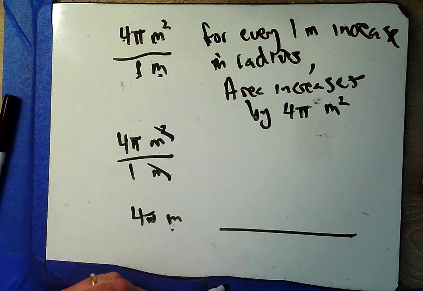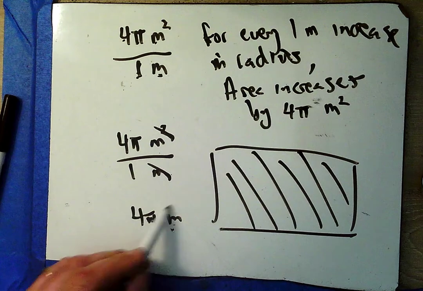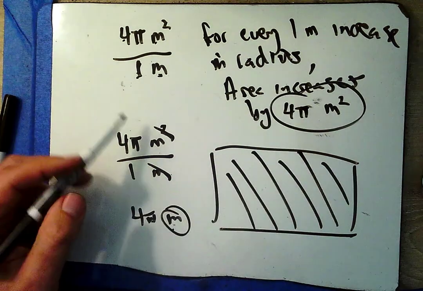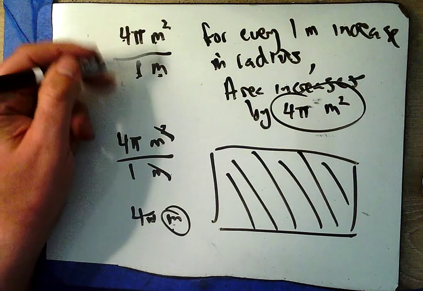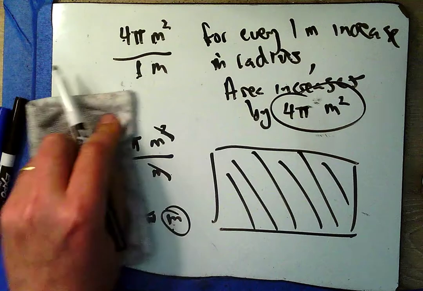Meters is a linear measure. Area is this. If you say this, you're not talking about this. So I think canceling these units was not such a good idea. I would not do that. Likewise, when we talk about